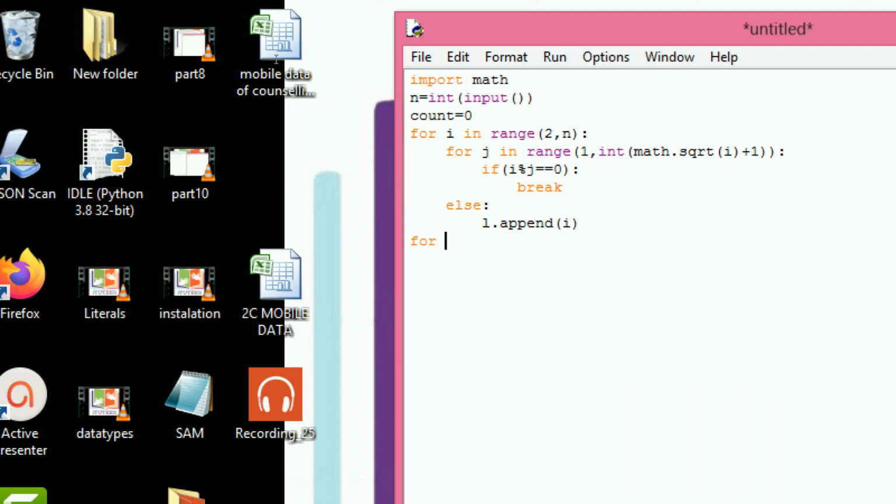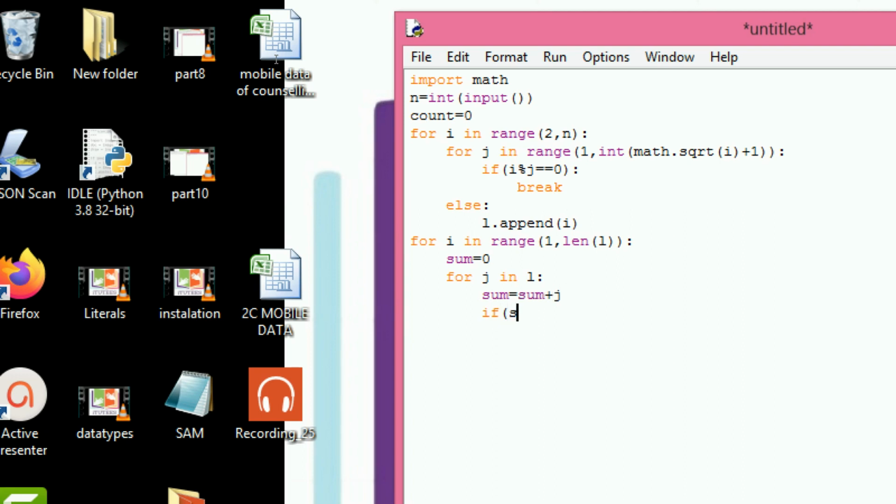For i in range of 1 comma length of L, so this is for finding consecutive primes. Sum equals 0. For j in L, sum equals sum plus j.